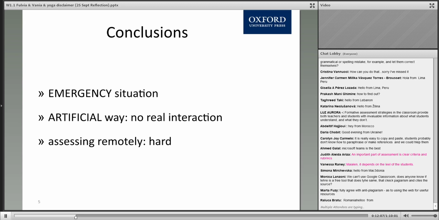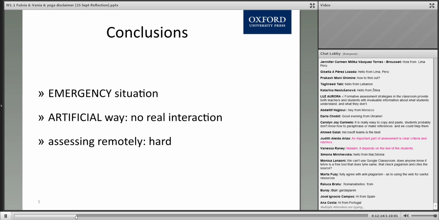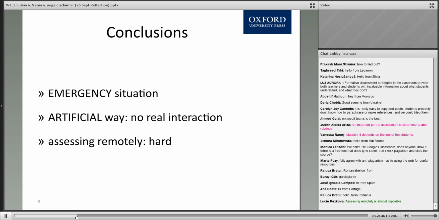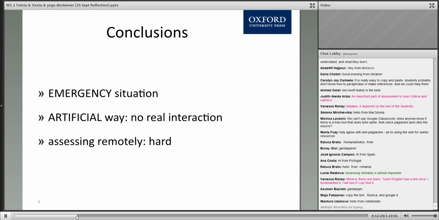Especially if you're teaching teenagers. It could be difficult with distancing and so on, but it's much better than just relying on technology. Maybe adults could benefit from this way of learning the language, but in my opinion, I think it's just for an emergency, especially because the interaction is just artificial.